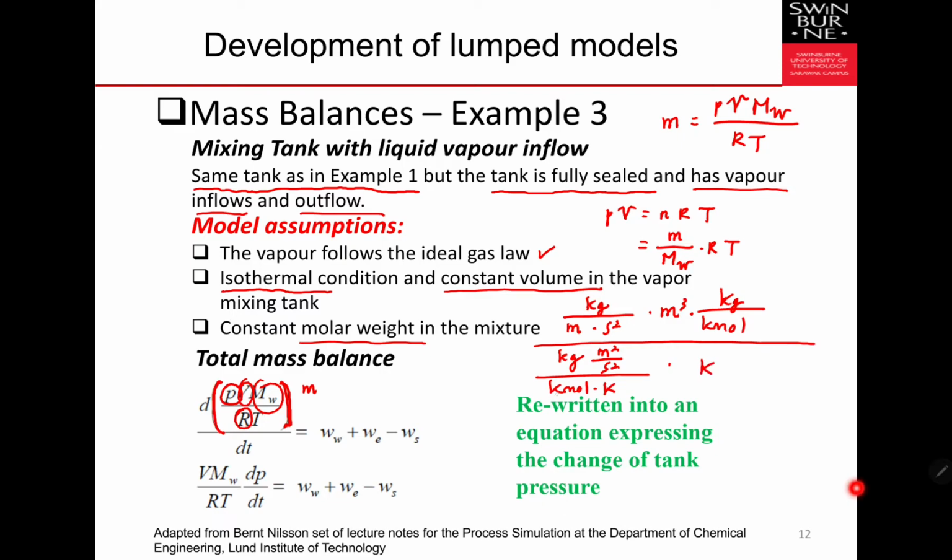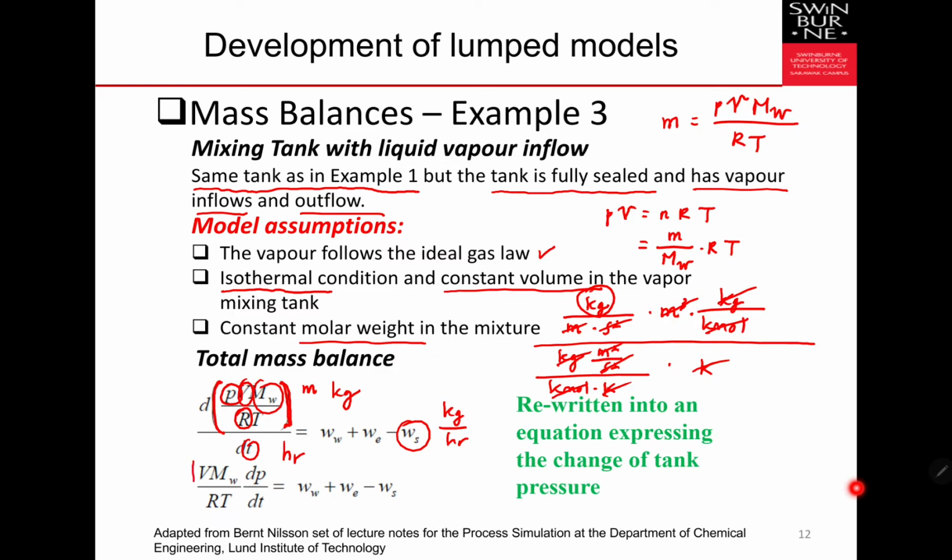And then we can cancel things in here. Kilogram in here, meter, second square, Kelvin, and we know that we have as M a unit of kilogram, and then with this t is hour, and the one on the right hand side, let's take it for the sake of the example, is Ws in here, which will be kilogram per hour. So our unit is matching the left and the right hand side.